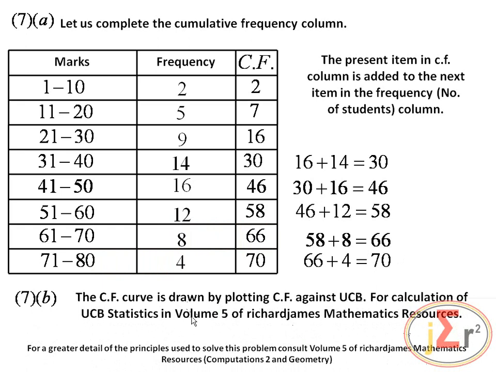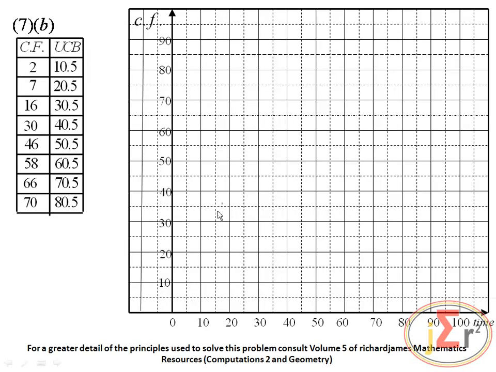The cumulative frequency curve is drawn by plotting the cumulative frequency against the upper class boundaries. For calculation of upper class boundaries, see statistics in volume 5 of Richard James Mathematics Resources. So now let us plot against upper class boundaries. We have 10.5, 2. So we first go to 10.5 and then go up to 2, and of course our point will go